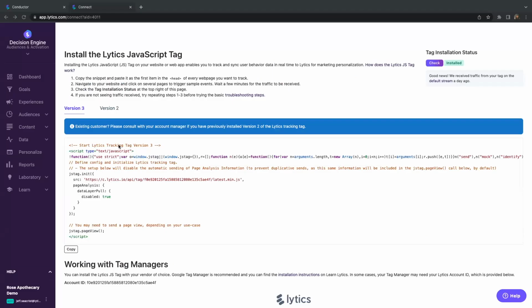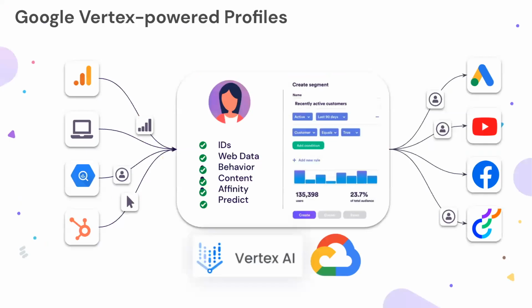Lytics also includes both web and mobile SDKs for real-time collection of behavioral attributes and triggers. But we don't just collect data in real time, we use AI to make it more powerful. For example, we take all of the pages that are viewed, and instead of just giving you a list of the pages hit, we run each page through Google Vertex AI natural language processing to enrich each profile, whether known or unknown,